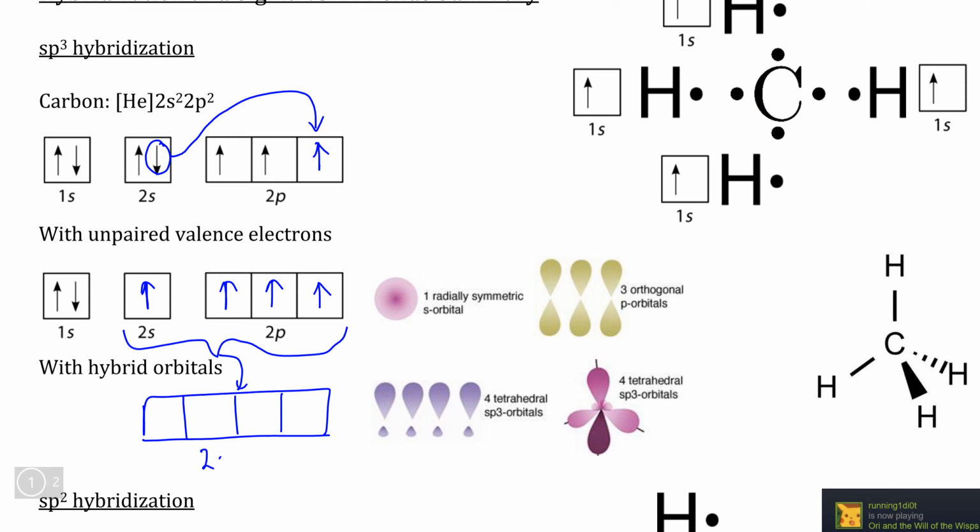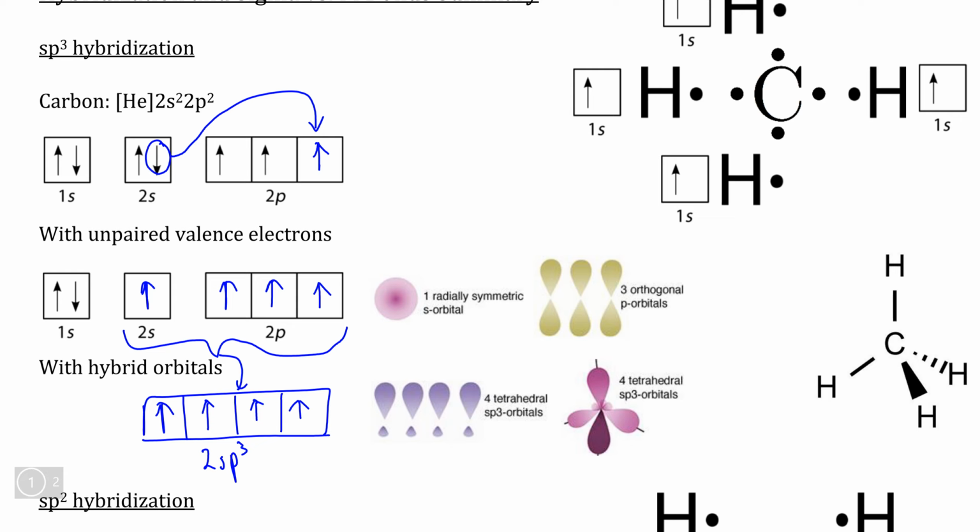what we call the 2sp3 subshell, because again we're combining the 1 orbital from the 2s subshell and all 3 of the 2p orbitals together, and this allows carbon to make 4 unpaired valence electrons. I haven't bothered redrawing the 1s subshell here because these are the core electrons that aren't affected by hybridization, which